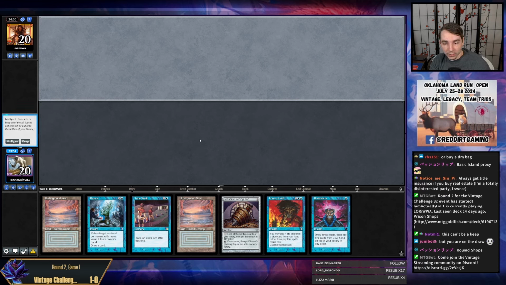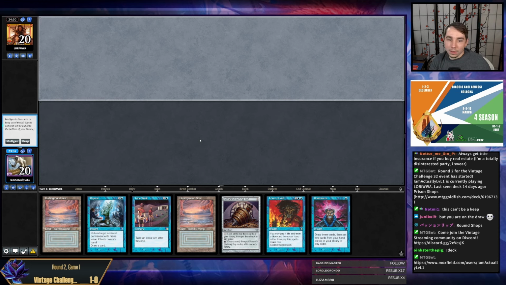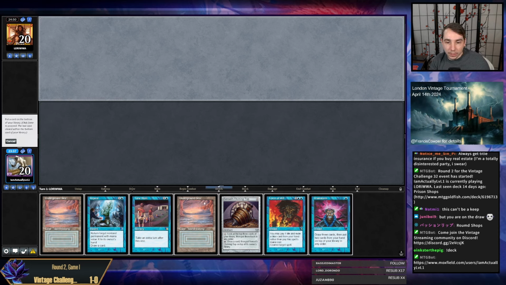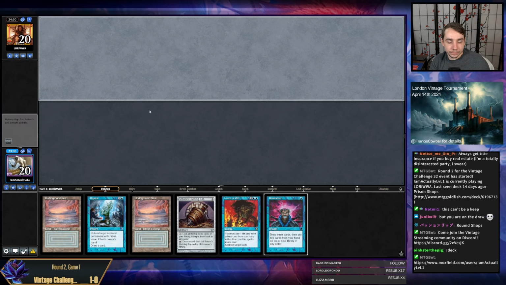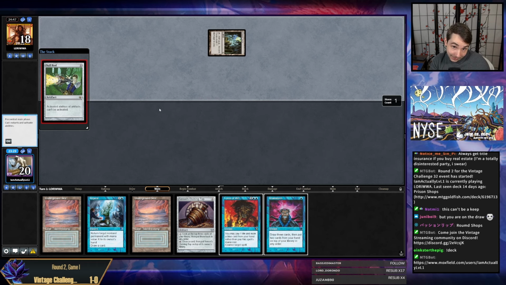I feel like this hand is worse. I mean, I'm keeping this on 6, but I do feel like this hand is worse. Damn. I'm not thrilled. I feel like we're gonna die. Ancient Tomb, Null Rod. Null Rod is probably the single best card against my deck, so...